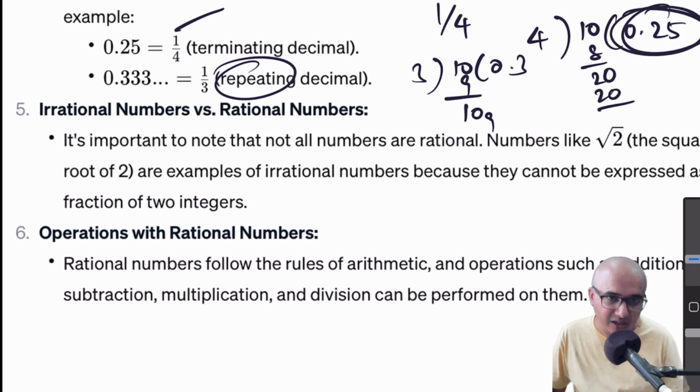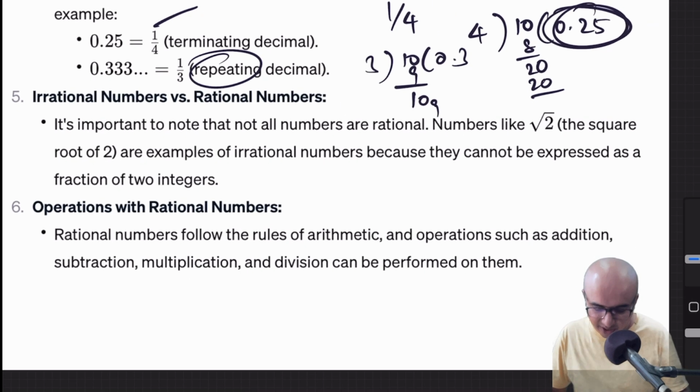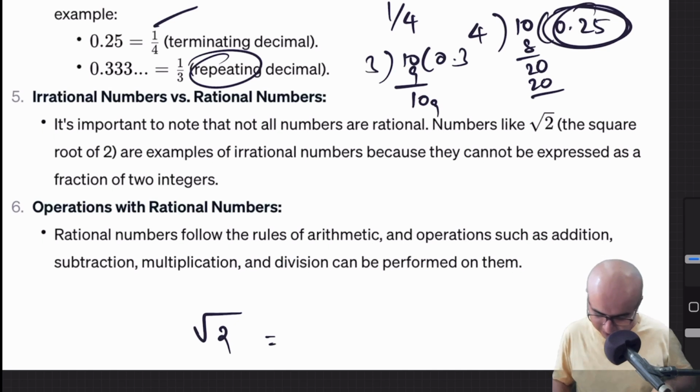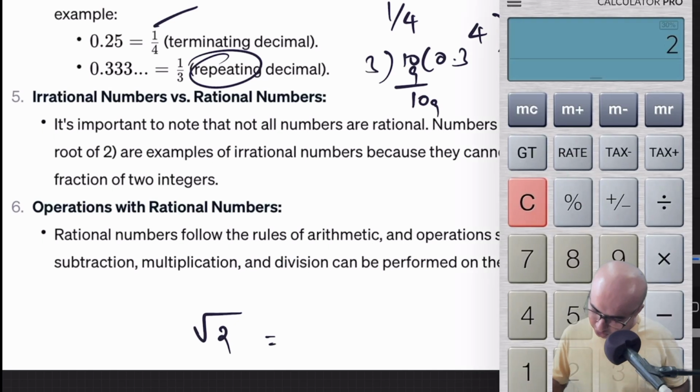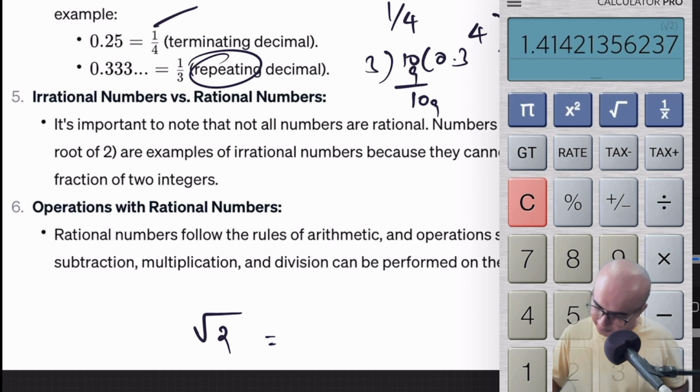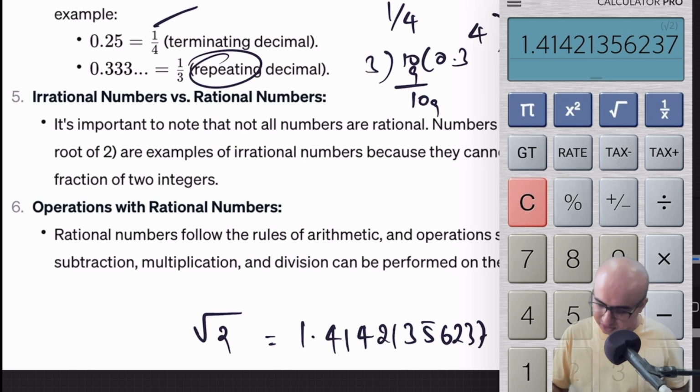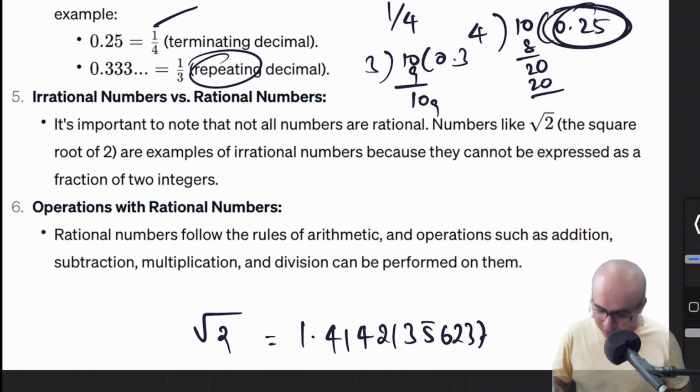Then since we are looking at terminating or repeating decimals, we can also have a look at irrational numbers at the same time, because irrational numbers are not very different from rational numbers, but here whatever the result is, you can't get it in the form of a fraction. For example, root of 2. Let me try this, square root of 2, I have the root function. See, look at this answer, 1.4142135623. It will go on, of course.